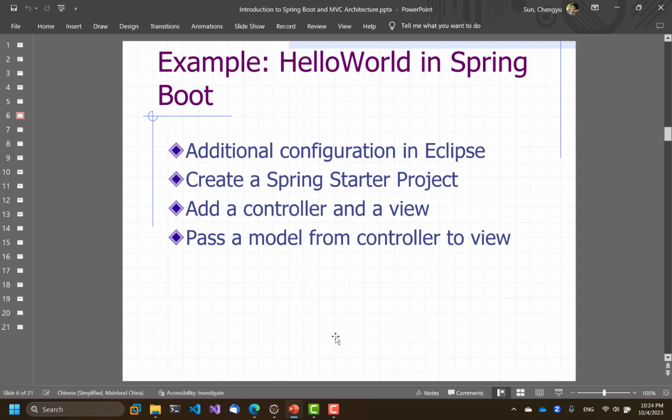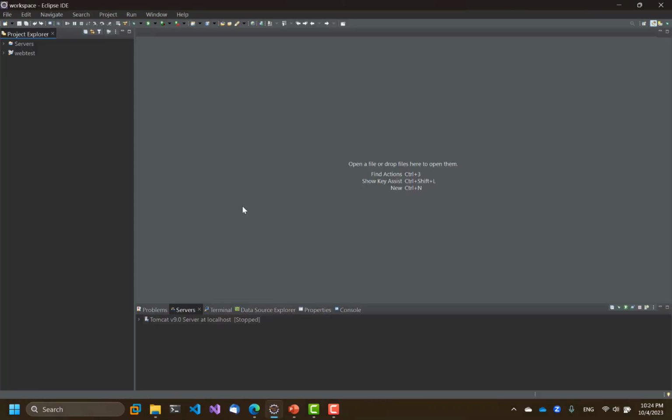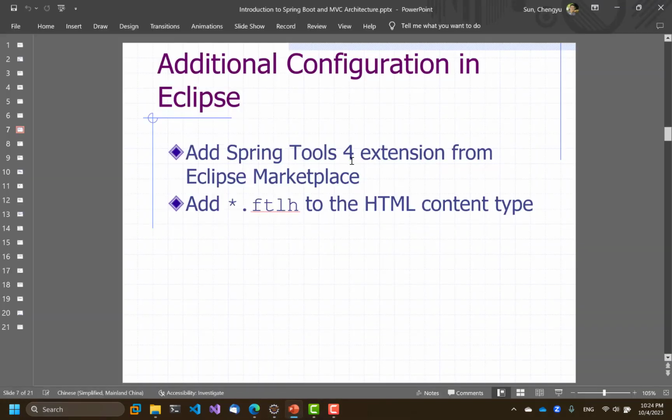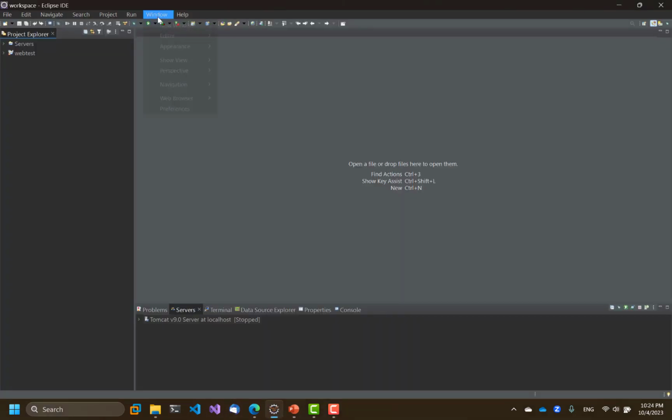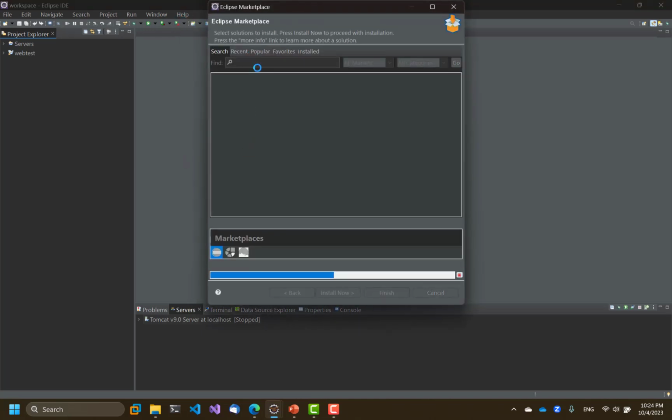And as usual, we'll do a hello world example first, and we'll do it in several steps. First, I'll add Spring Tools extension to Eclipse. This extension will add a Spring Boot project creation wizard to Eclipse, so it will make it easy to create Spring Boot applications. We can add that extension from Eclipse Marketplace, so go to Help and Eclipse Marketplace, and then